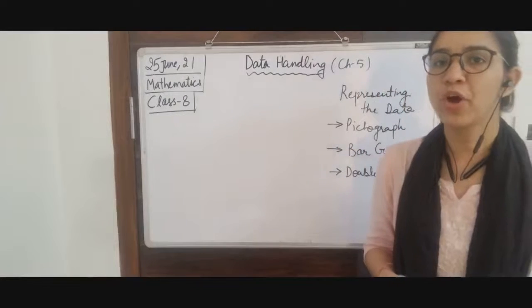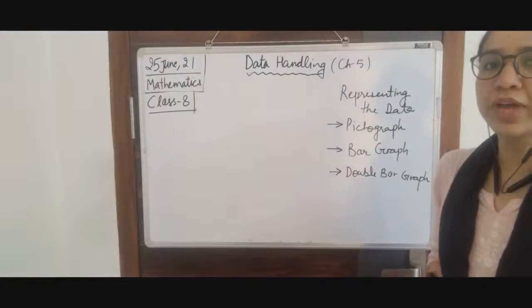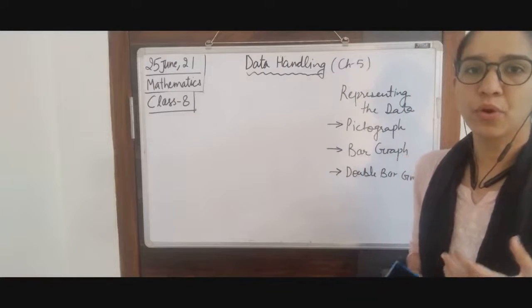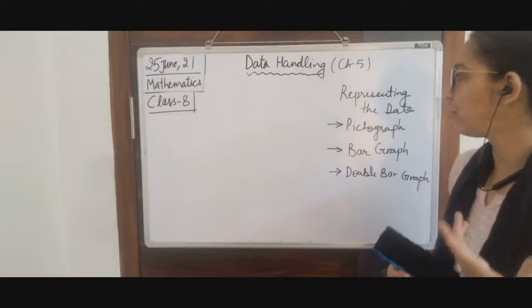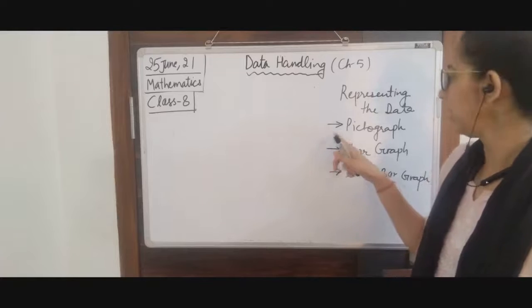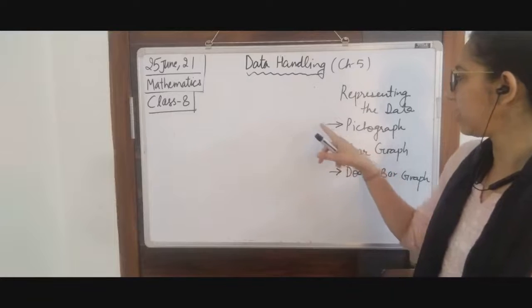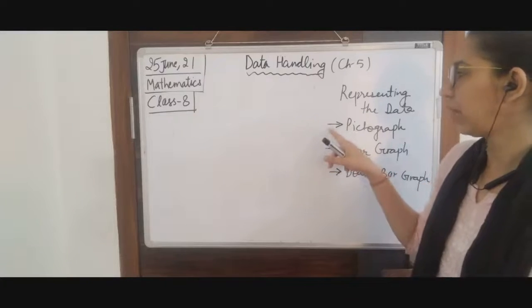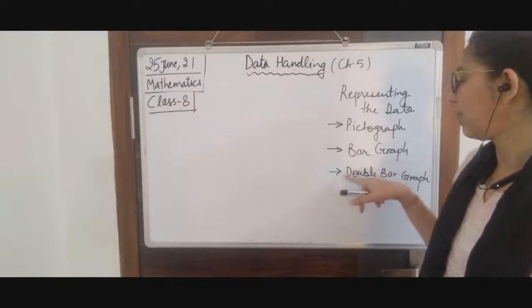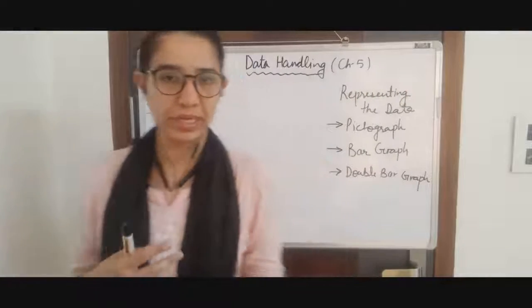In our questions, sometimes it will be specified explicitly and sometimes it will not be, what way we have to use to represent our data. We have to make our own conclusion based on some information. Suppose if we want to make it more presentable, we will be using symbols to represent our data. Data for which we are using pictograph can also be represented using bar graph. Double bar graph is mainly used for comparison of data when we have two sets of data simultaneously.